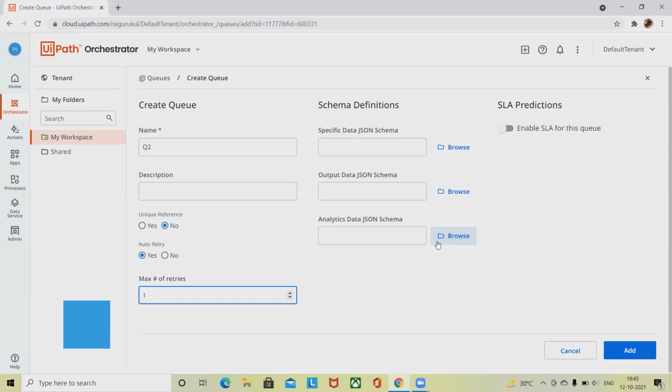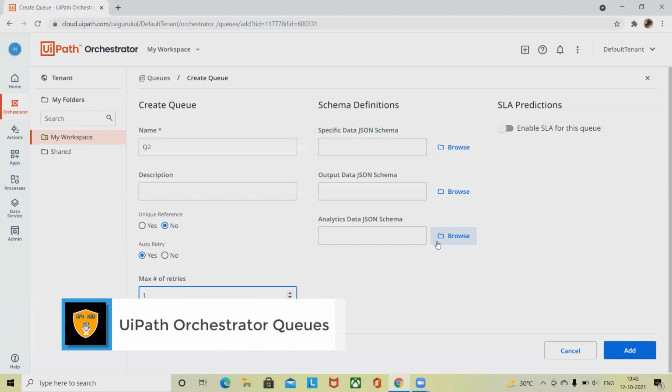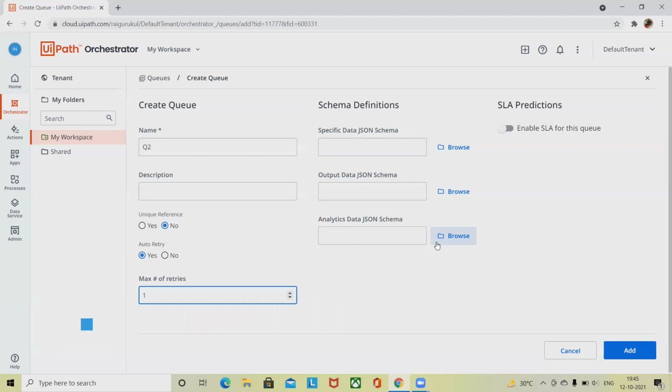When we talk about the schema definitions, the schema is not applied retroactively to existing transactions, only to those executed after we have uploaded the schema. We can also add a specific type of schema: input data JSON schema, output data JSON schema, and analytics data JSON schema. When we are giving the schema, it must not contain an array.